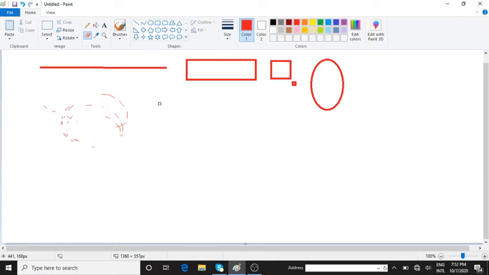Are you all observing? So what all did we learn now? Right now you learned the line tool, rectangle. Yes, with that you can draw a square too. Ellipse, wherein you can draw ovals and circle. Fine. The other one is the pencil tool. Then eraser. Okay. This is your color picker.